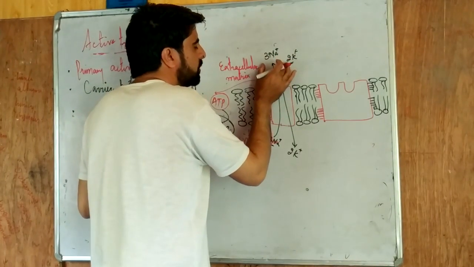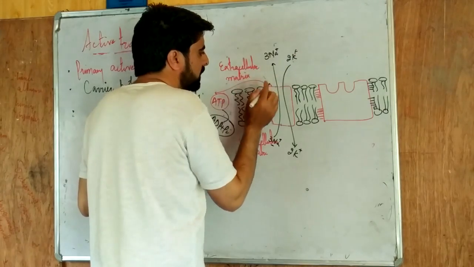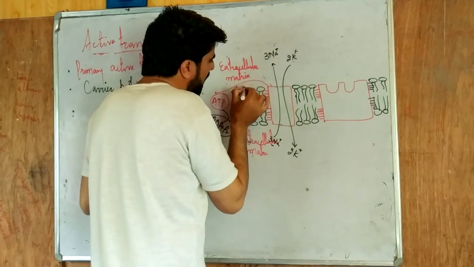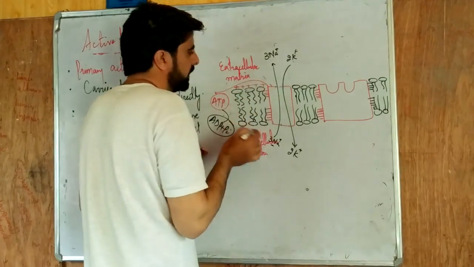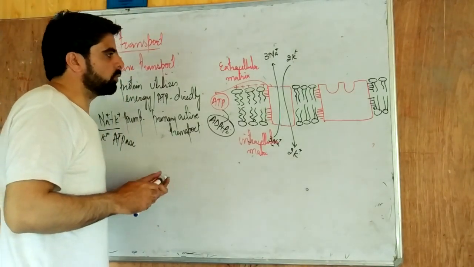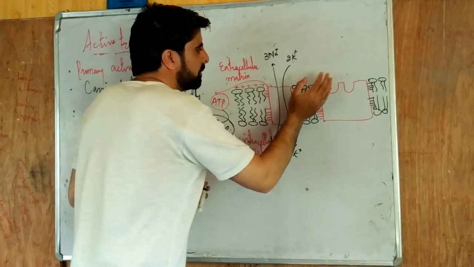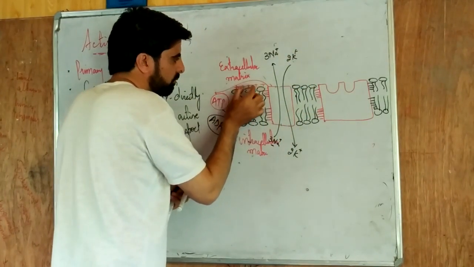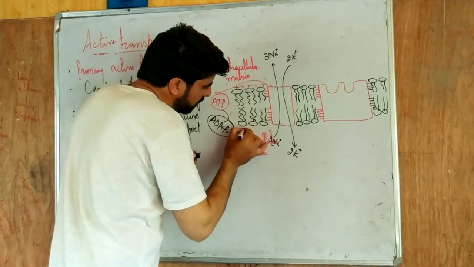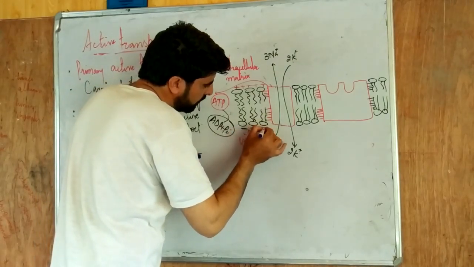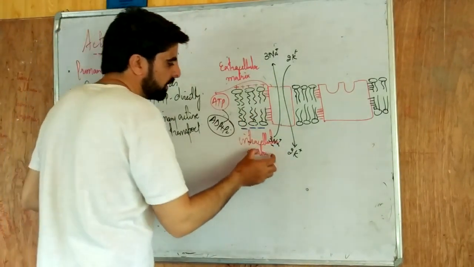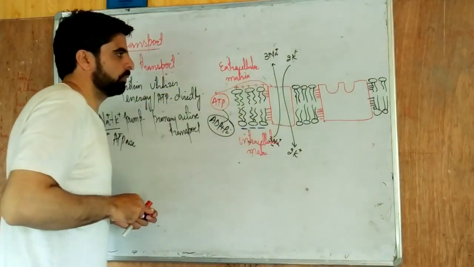That means the sodium concentration in the extracellular matrix increases, which leads to the plasma membrane being externally more positively charged, because the sodium ions move external to it. So the part of the plasma membrane which is towards the extracellular matrix becomes more positive, and the part of the plasma membrane which is towards the cytoplasm becomes more negative, because more sodium ions are taken out from the cytoplasm.